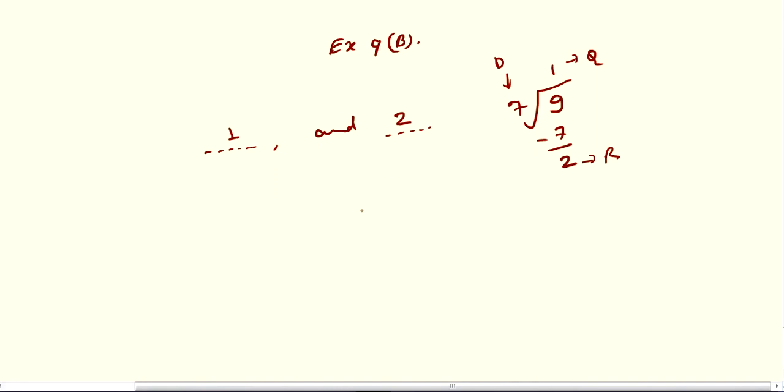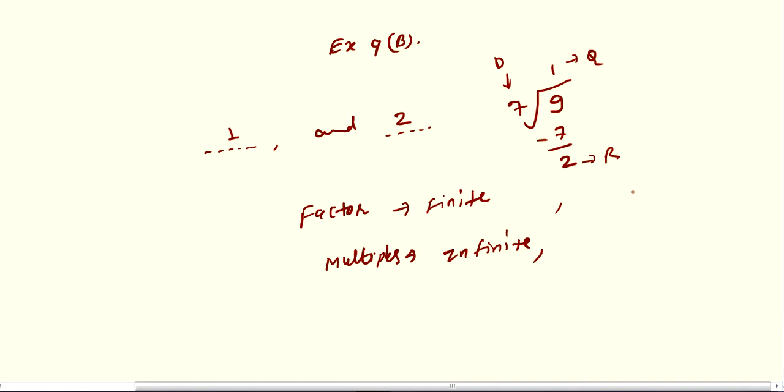Then the seventh one: for every number its factors are blank and its multiples are blank. So the first thing is that factors are finite, simply they are limited, but multiples are infinite. How? For example, if you are having 12, so 12 is divisible by 1, it is also divisible by 2, 2 sixes are 12, then by 3, 3 fours are 12, then by 4, 4 threes are 12, not by 5, then by 6, then last by itself, 12. So as you can see, these are the only factors.